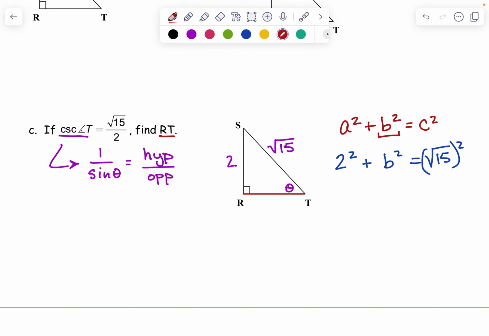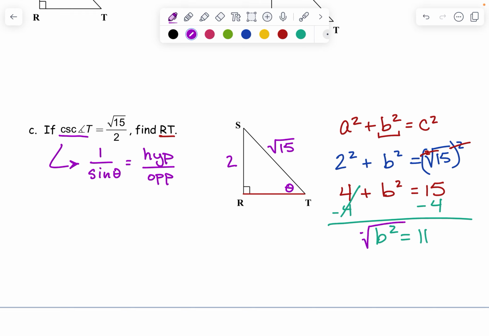Now, 2 squared is 4. B squared is still unknown. And the nice thing about this is that the square root squared cancels out, and I'm just left over here with 15. Now, gotta keep solving for B, so I'm going to subtract 4 from both sides. B squared equals 11. I need to get B fully isolated, so I'm going to square root this side and square root this side. So I'm left with B equals the square root of 11, which cannot be reduced,